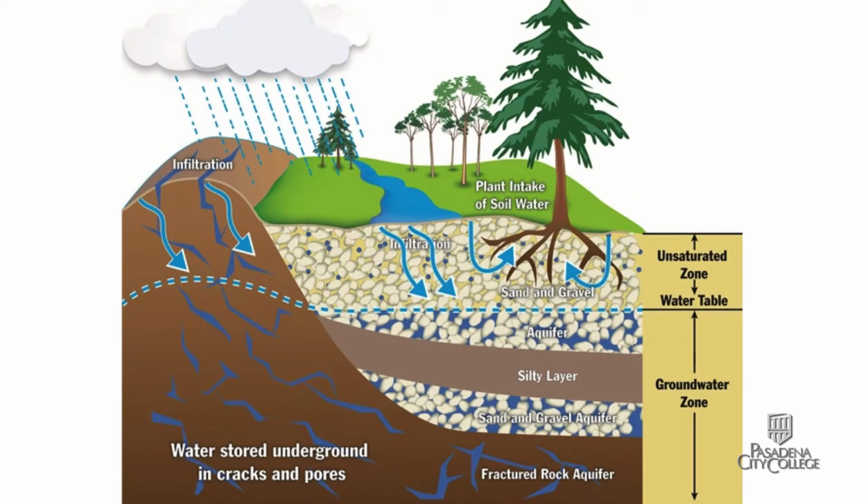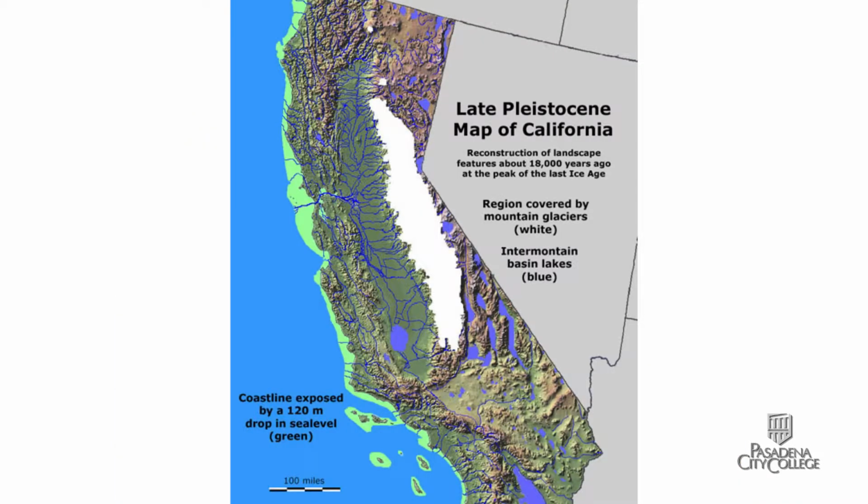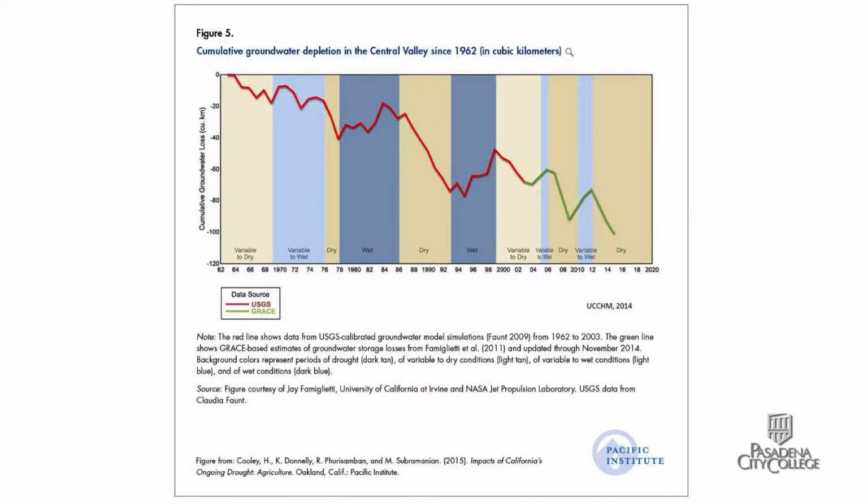There are environmental impacts of rapid use of water resources. Groundwater, also known as fossil water, is accumulated over a long period of time. Much of North America's groundwater accumulated as the glaciers melted at the end of the last ice age 11,000 years ago. The water table has been lowering steadily with continued pumping in California.